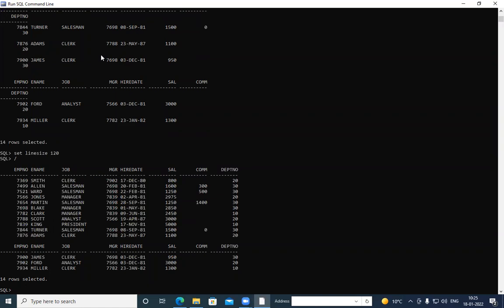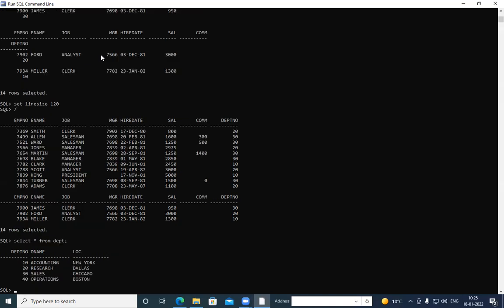This table contains information about certain employees of a company with different headers: employee number, ename, the job description, the manager number of the employee, the date on which the employee was hired, the salary, the commission, the department number to which the employee belongs. I'm stressing again that you must be very clear with these tables, both the emp table and the dept table. They would be very helpful in learning SQL. And these are the universal tables. They are being followed everywhere. When you are starting learning SQL, these tables are of utmost importance.